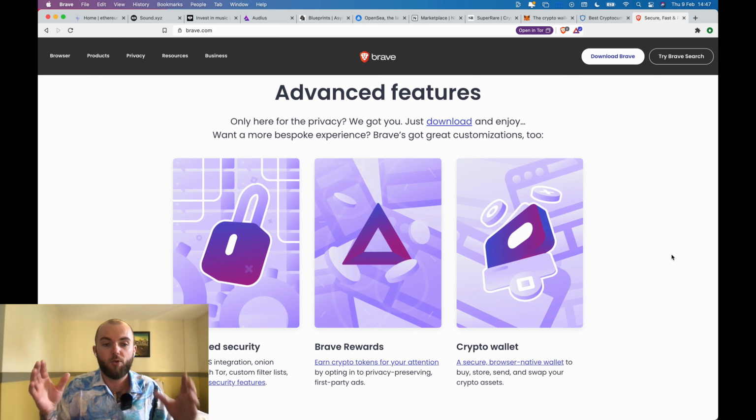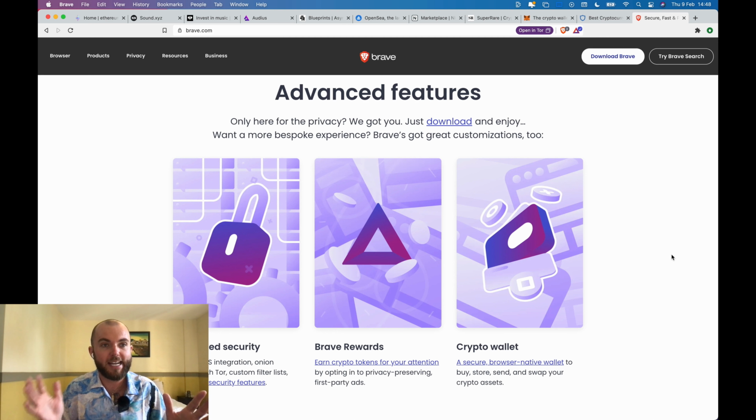Now, why this is cool is because it is crypto native. You get paid for the adverts that you see pop up between 1 to 5 an hour. You get to pick how many, and you'll get paid for every one that comes up. Now, this is paid in something called BAT, the Basic Attention Token. And just by browsing the internet, you can earn this, because obviously advertisers pay Brave to have their ads shown, and you get a percentage of this income.